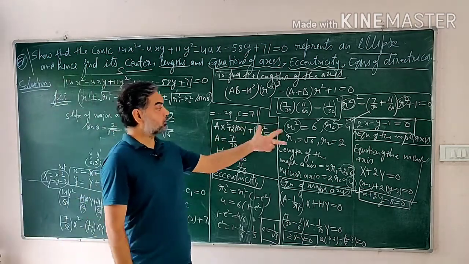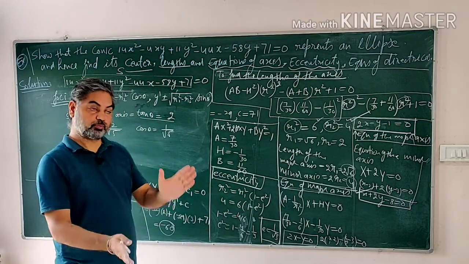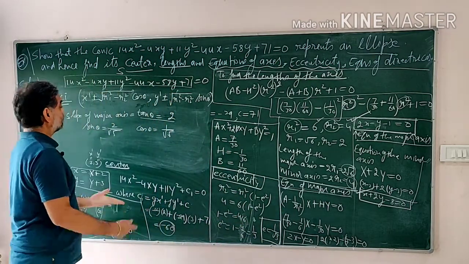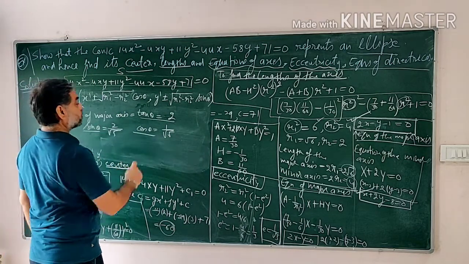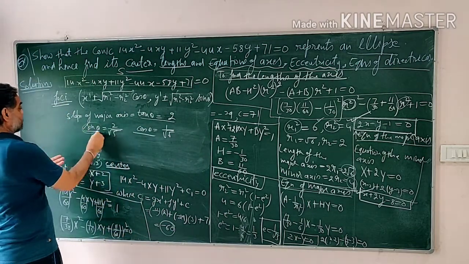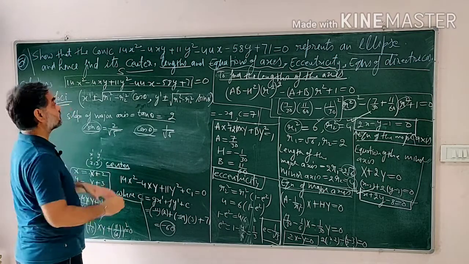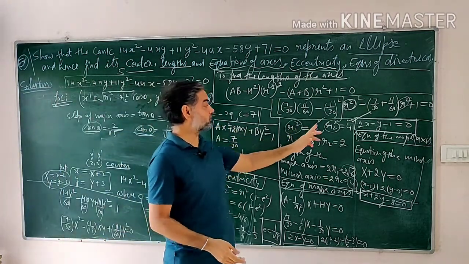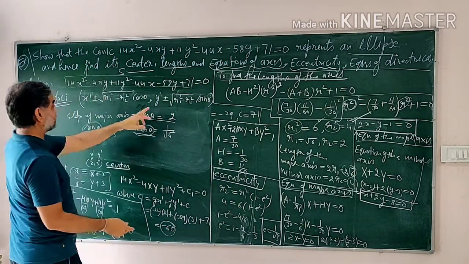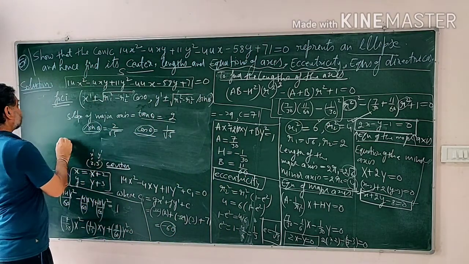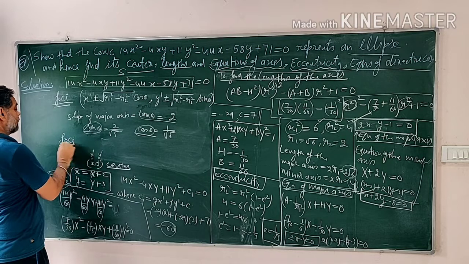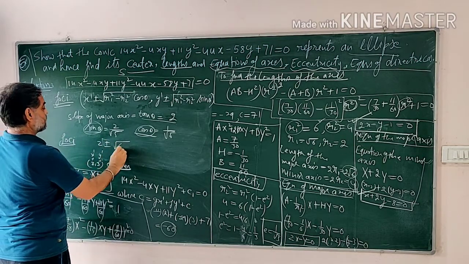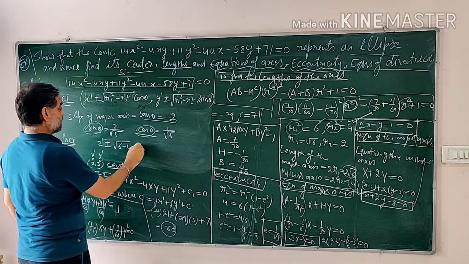Theta lies between minus pi by 4 to pi by 4, either in the fourth quadrant or in the first quadrant. So sin and cos are both positive. So using these values of sin theta and cos theta in this formula, and we already know the values of r1 square and r2 square, and x dash and y dash is 2 and 3. So the coordinates of the foci would be 2 plus minus 6 minus 4 cos theta is equal to this,